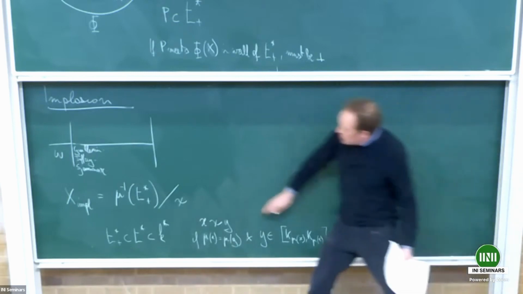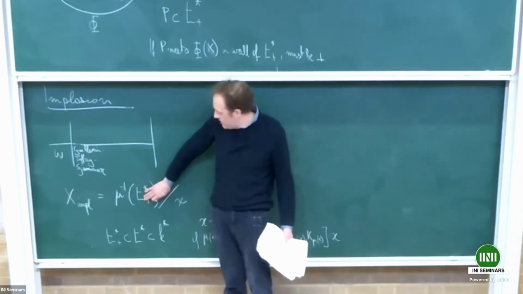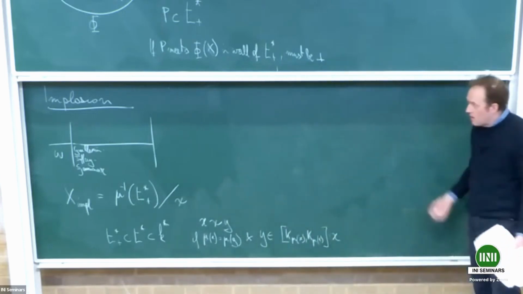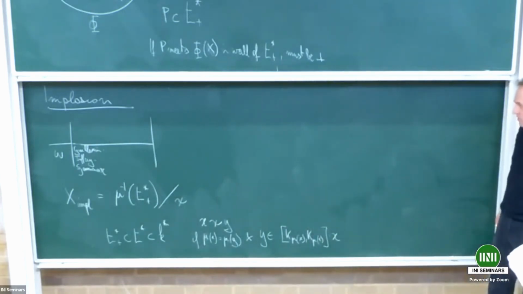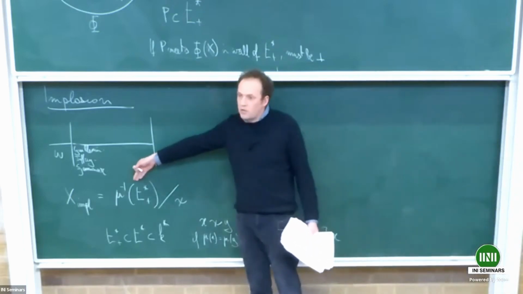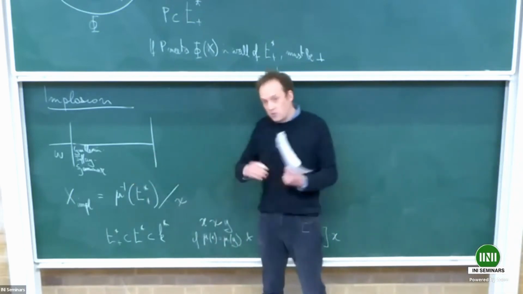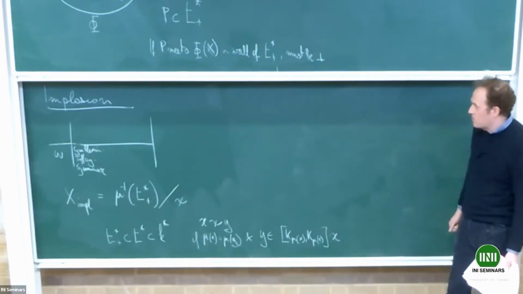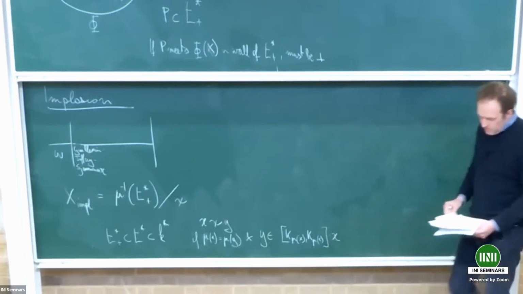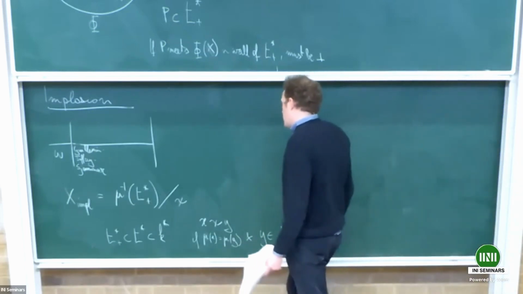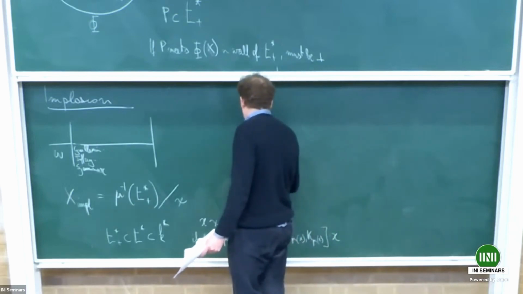So the generic point in this Weyl chamber is going to be regular, so this guy is going to be trivial. Generically, on the interior of this Weyl chamber, I do nothing, but on the walls I have to collapse something. And this has some nice properties that were the main motivation, which was that if I take my implosion,